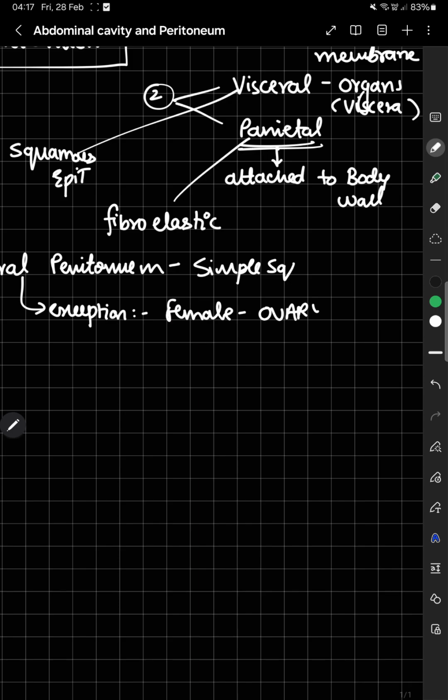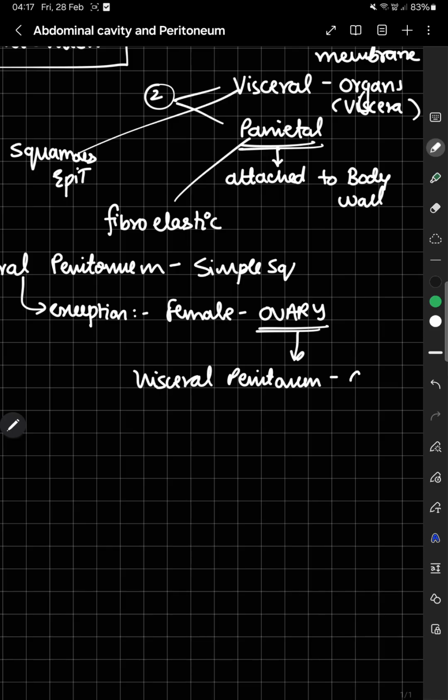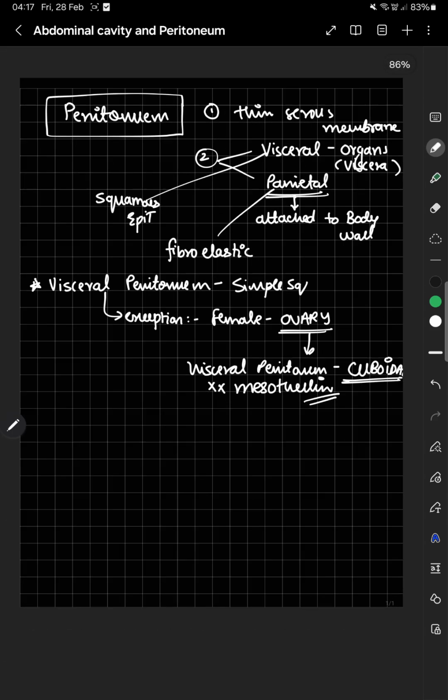For their ovaries, the visceral peritoneum is not squamous epithelium, but cuboidal. So it is cuboidal epithelium, and they don't have the mesothelium. Fine. So till now we have discussed what peritoneum is and its two layers,